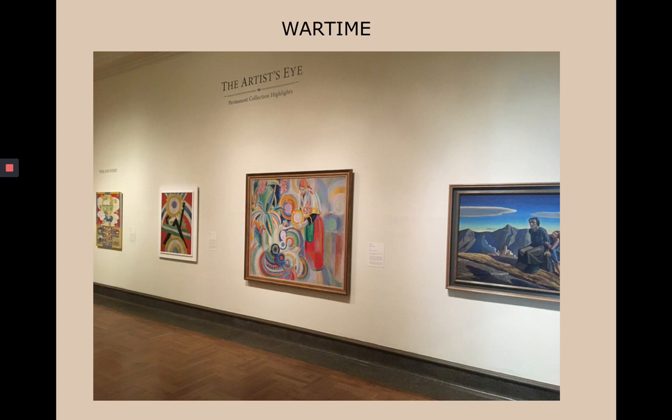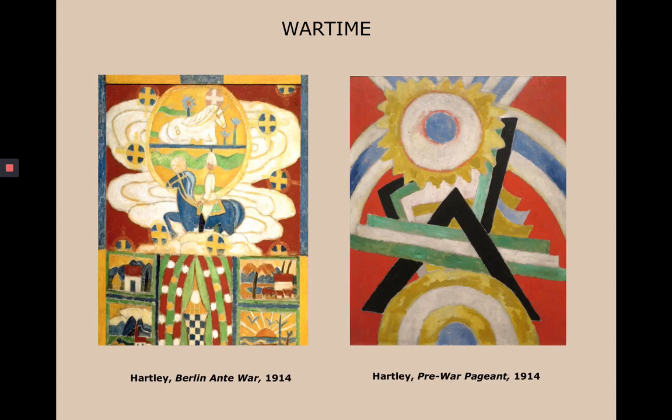And the wartime paintings, we've already talked about Delaunay, but I will look at two artists. One would be Marsden Hartley, who was German-American. He lived in Berlin, visiting, he had relatives in Germany, and was present in Berlin during the years prior to and the outbreak of World War I. And he's well known for his so-called German Officer series,